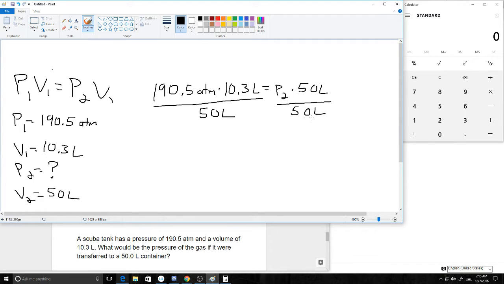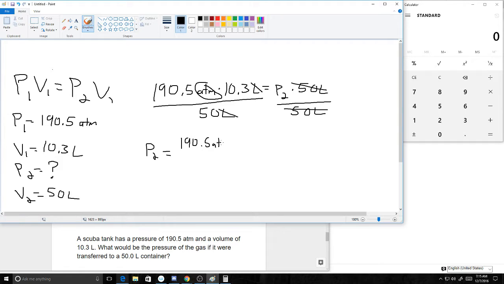Now that cancels that. And now we can also do some unit analysis. I have liters here and here, so those liters are going to cancel out. That means the unit I'm left with is atmosphere, which is the unit for pressure. So now I have P2 equals